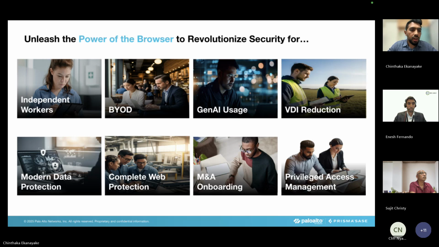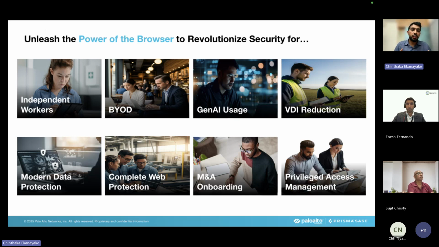And then data protection, you get complete enterprise DLP capabilities. The web protection is powered by Palo Alto Networks' advanced URL filtering capabilities. And also in mergers and acquisitions, it becomes easy to onboard the company that is being acquired.